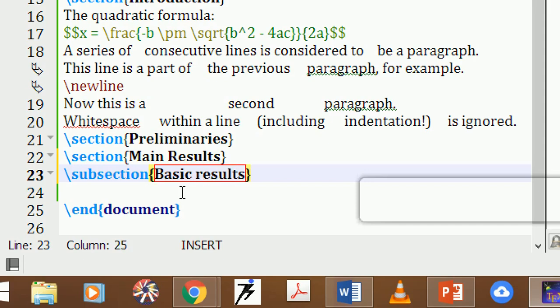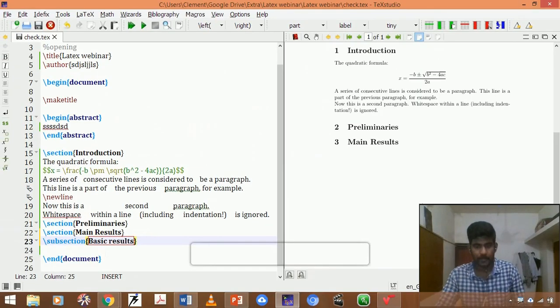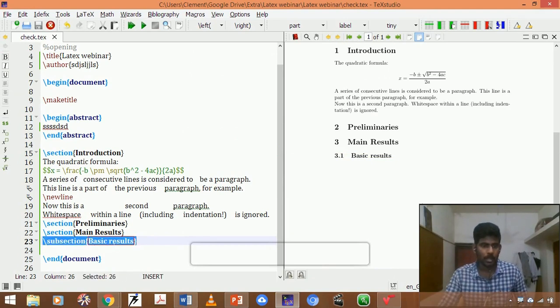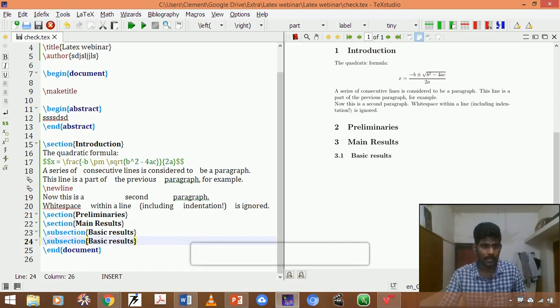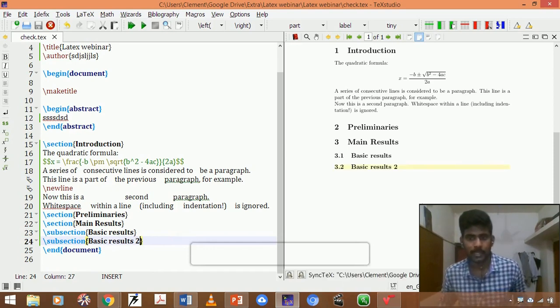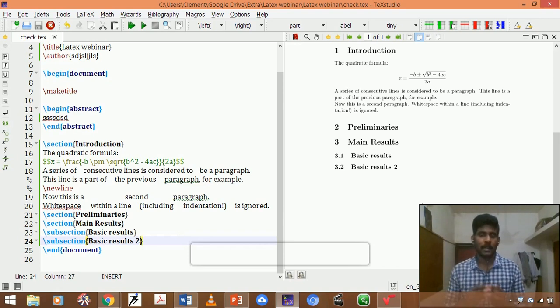After this, if we compile it, it generates Basic Results with the enumeration number 3.1. Again, if you copy and paste it here, I give Basic Results 2, just roughly as a subsection name. It is not needed to give manual enumeration, it automatically gives the enumeration.